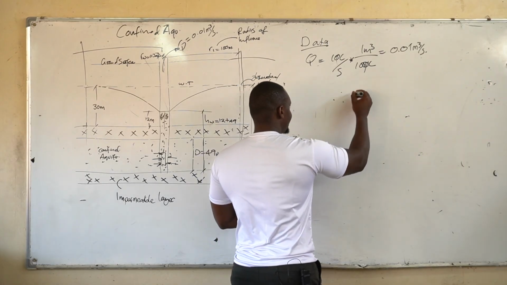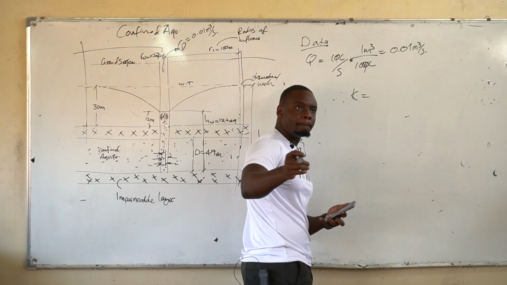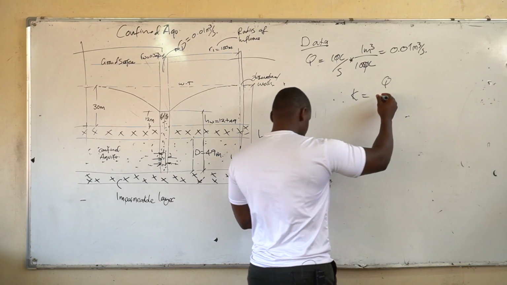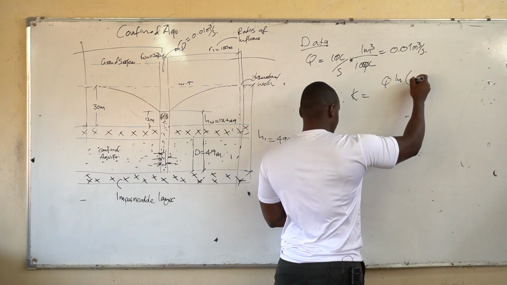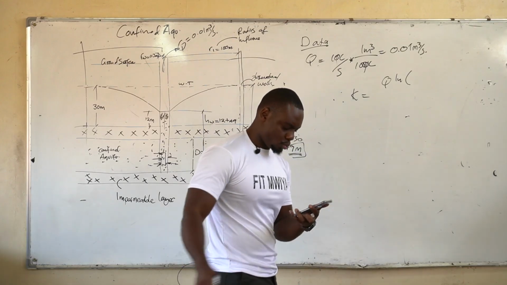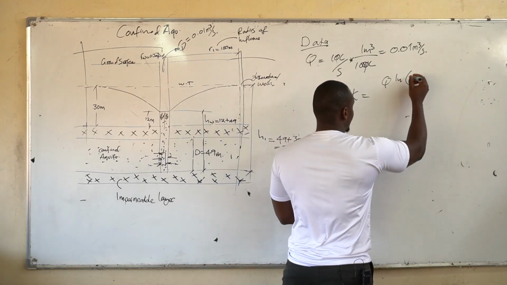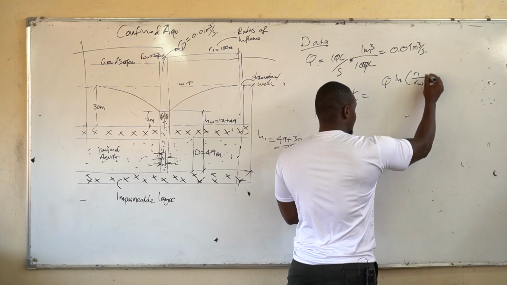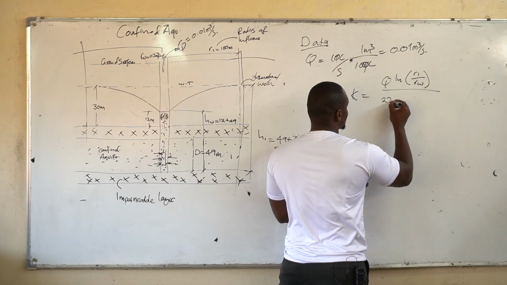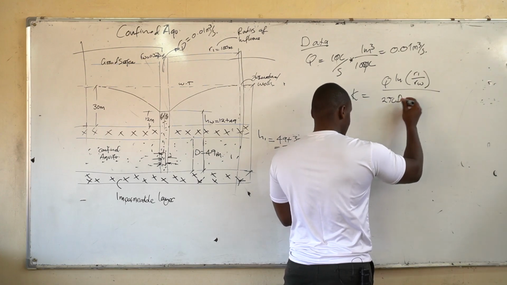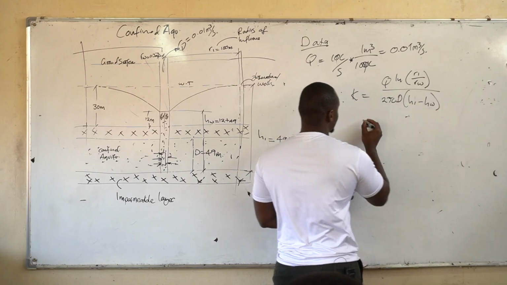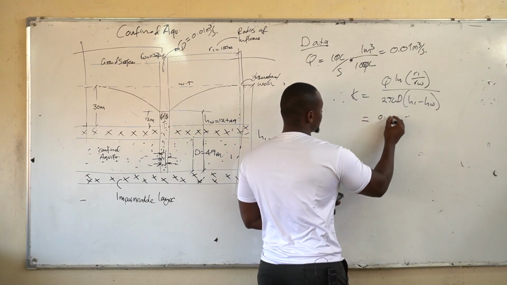So I can say, therefore, our K, which is the permeability factor that they're looking for, is equal to Q ln of R1 over RW, divided by 2 pi D, H1 minus HW. So we've got 0.01 ln of